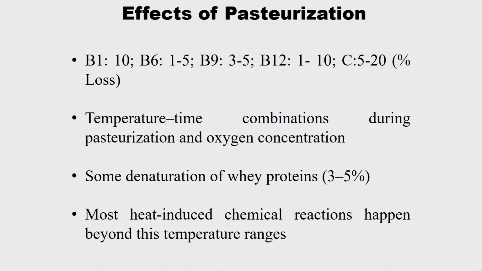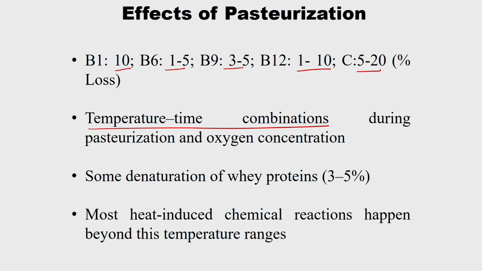And there are certain vitamins which are not affected, that is A and D, but B1, B6, B9, B12 and C have losses of 10%, 1 to 5%, 3 to 5%, 1 to 10% and 5 to 20% respectively. And also the time temperature combinations during pasteurization: we have said 63 degrees and 30 minutes if it is a batch process, and if it is a continuous process it is 72 degrees and 15 seconds. It is no hard and fast rule that these time temperature combinations will leave this percentage loss. So there is a quality consideration